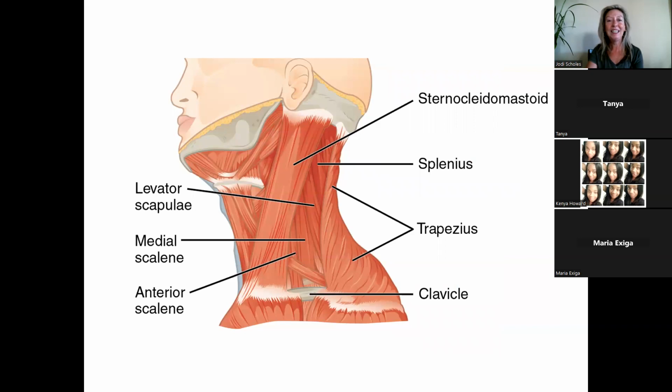Ooh, juicy lateral neck. Beautiful, beautiful picture. The sternocleidomastoid muscle. This name represents all the areas of attachment. So it actually comes down here and attaches to the sternum and comes up here and touches on the mastoid. So we'll see another picture of that in a minute, but if you want to find it on yourself, turn your head. And you see this little muscle that pops out here? That's actually your SCM,